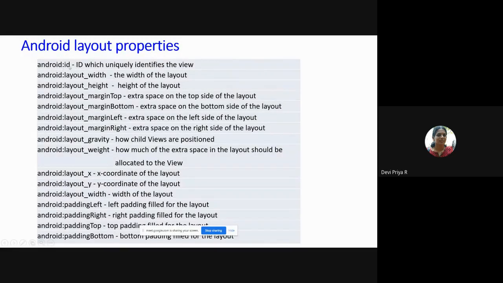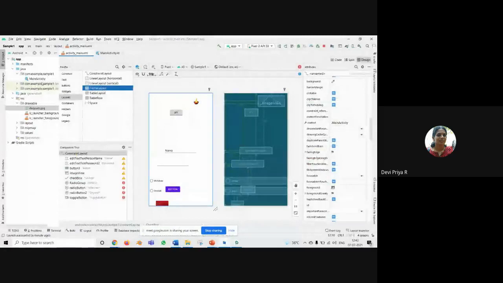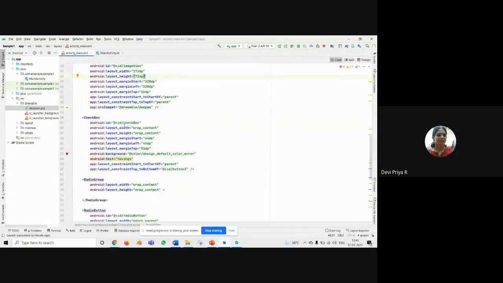So Android ID: for every object that you are creating, an ID will be created, which uniquely identifies the view. For example, if you want to view the ID of the image that you have created, see, this is the image ID that is automatically created. It normally starts with @ symbol plus ID/image view. And next you have this ID checkbox.